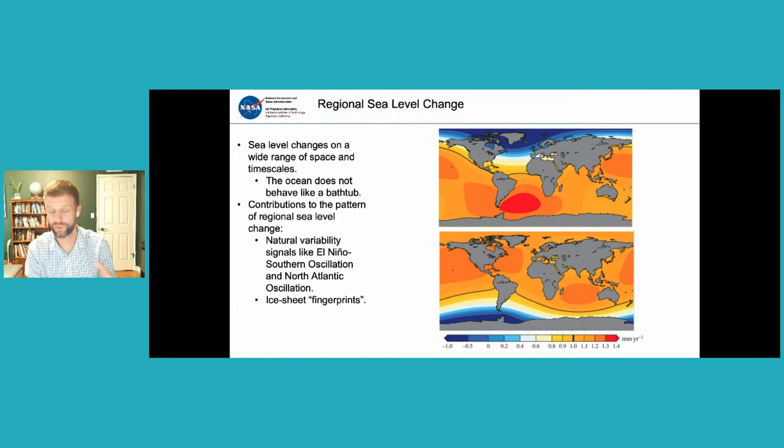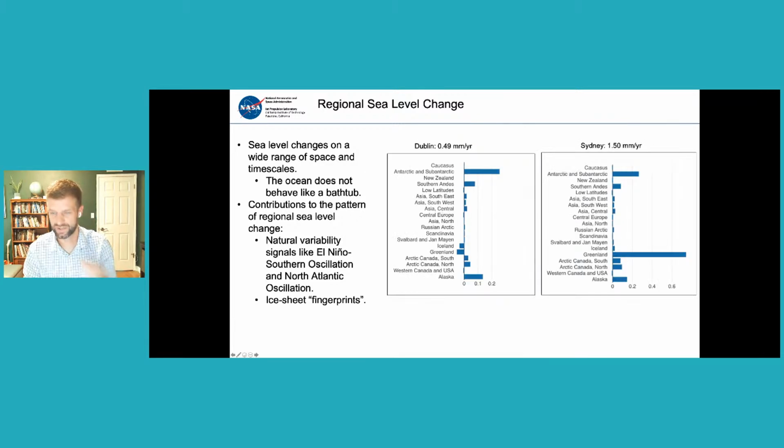Okay, and that's true where you are in Scotland, right? If you look at Greenland, you're in that blue, kind of that negative area, where actually ice mass loss from Greenland has very little effect on the sea level rise that you're seeing. And we can actually look at this. With the GRACE observations and the modeling that we do, we can understand exactly where the ice mass is contributing to the sea level rise that you see.